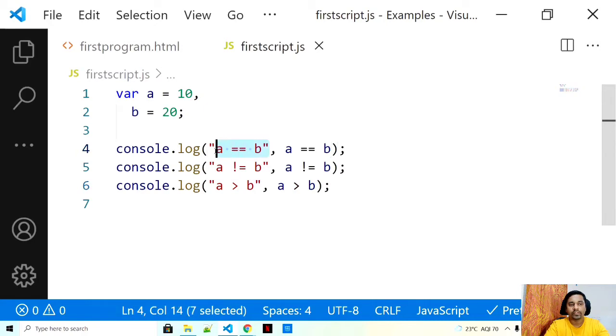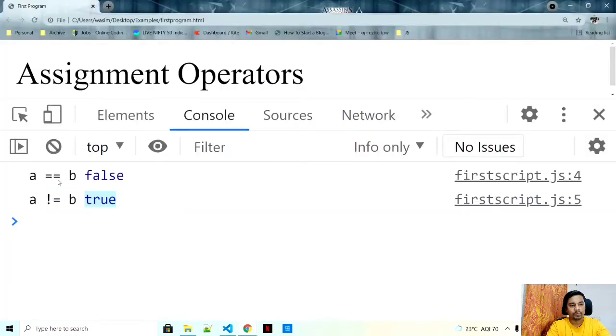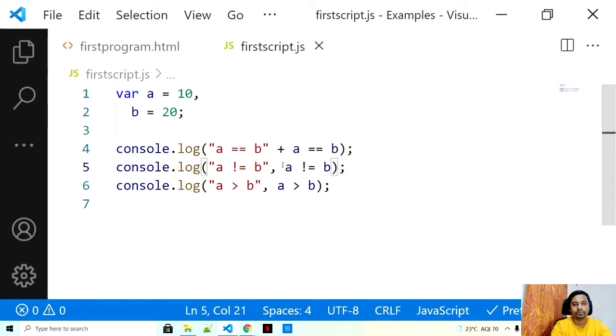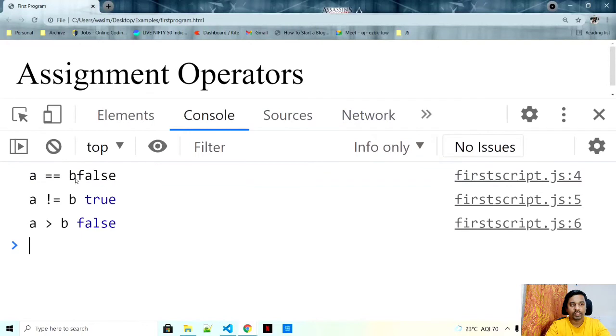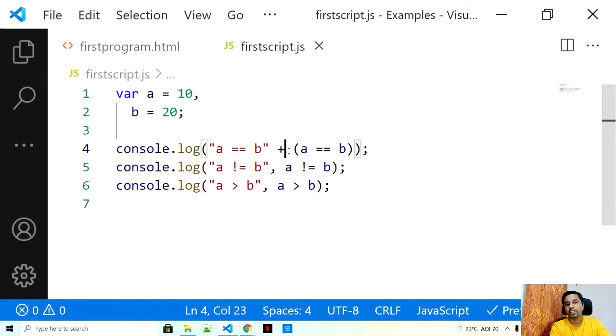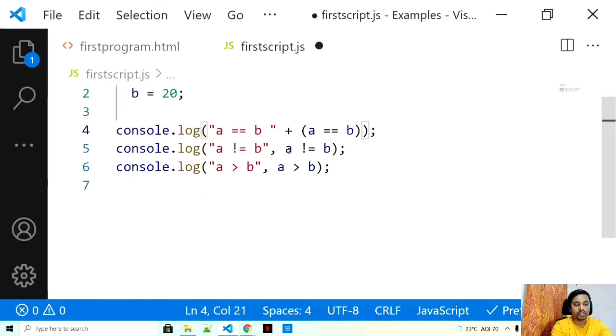What will happen if, instead of a plus, you just put a comma? It's just going to add a space and print the value. There is nothing more complicated in this. Previously I was doing this and this, both are similar. It's just the difference of a space that you'll see. Let me add some brackets. See, there is no space over here because I'm just adding a plus operator. I would need to add a space or something, but to make it easier, you can just mention a comma.